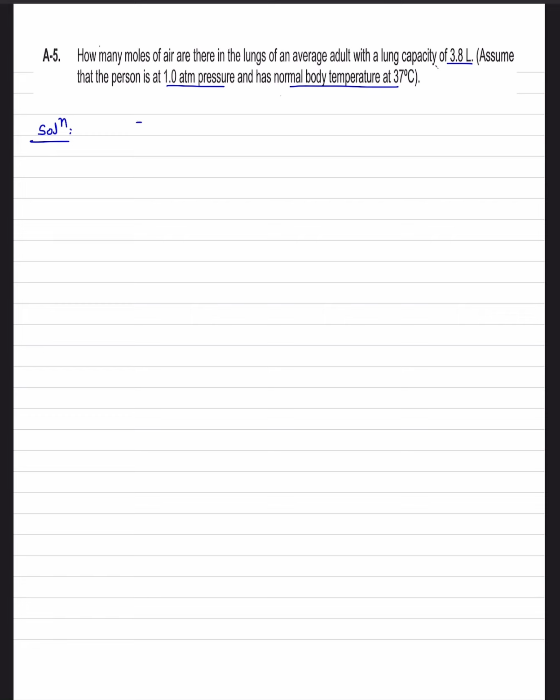So for gas, if you want to calculate the moles, there is a formula PV is equal to nRT. That formula we use only for ideal gases. And if the gas is not mentioned as ideal, you will consider the gas as ideal. So this formula is for which gases? For ideal gases. Now someone can say, sir, we remember a formula: volume of gas divided by 22.4. Yes, that formula is also a derivation from there. But for that, one condition is fixed, that is STP condition. But here STP condition is not given.